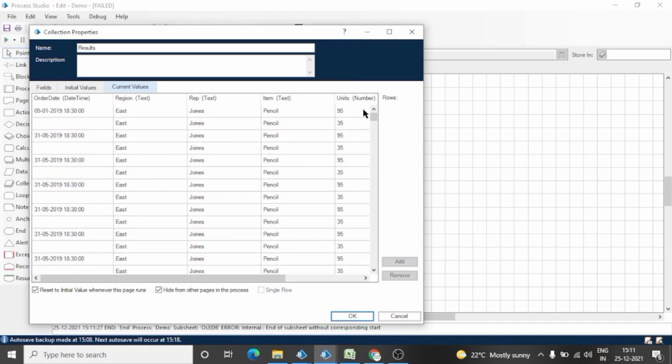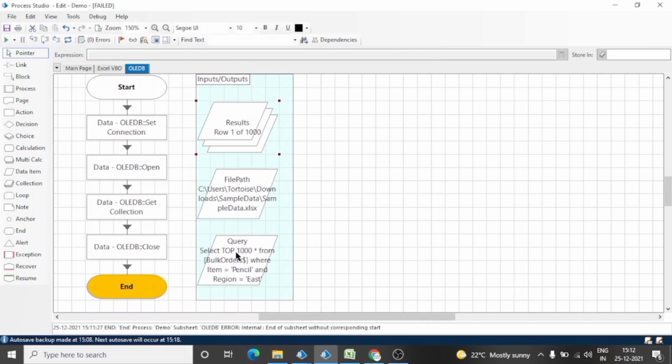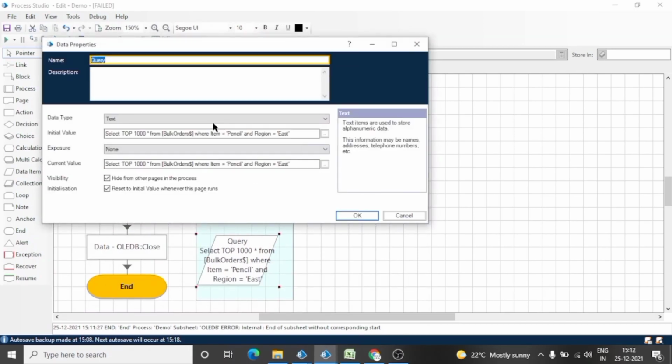So this is how we can apply filters on the bulk data or on the Excel sheet and fetch the required rows on the basis of this filter, this where clause. If you have knowledge of SQL, then you must be aware of the concept of where.